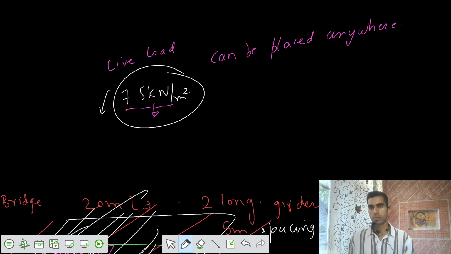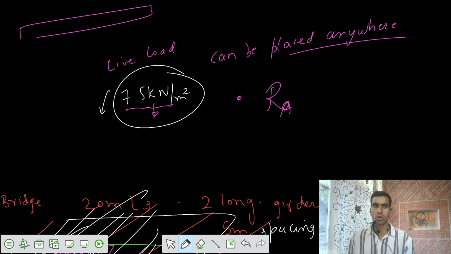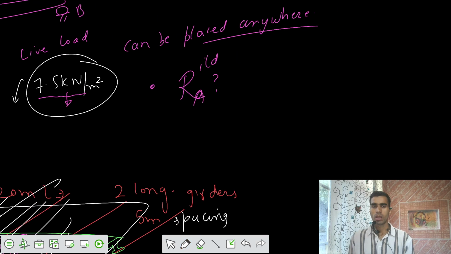Now what we need to get is a reaction at A. That means we have that long girder, and let's say one of the supports is here and one of the supports is here. So let's say this is AB. We need to get the reaction at either of the supports. Let's say that we need to get the ILD for the reaction at A, and we need to get